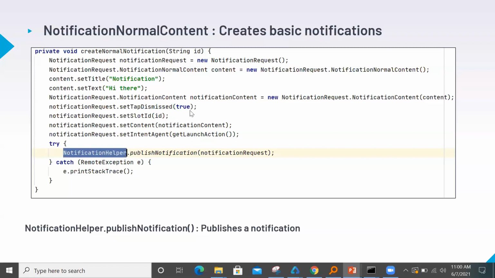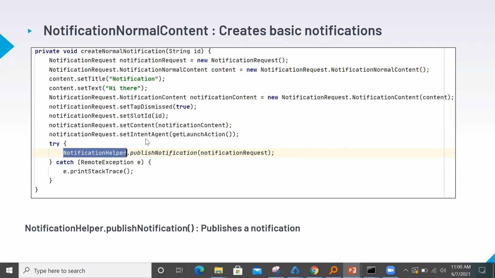Once that is done, here I have a title and I've also mentioned the text to show the content. TapDismissed means that if you click on the notification, the notification will be dismissed. The slot ID part will come into the picture when you have specified a notification slot, like a channel in the case of Android, which I'll explain later.